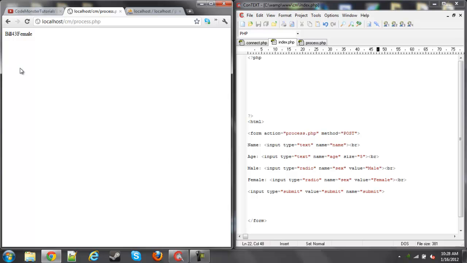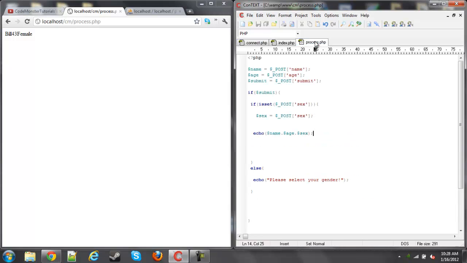Alright, and you can see there that it works just fine, but we don't want to echo our information. Instead of echoing, we want to put it into a database and then echo everybody that's entered their information on one page. So, in order to do that, you're going to leave this sex variable up here,